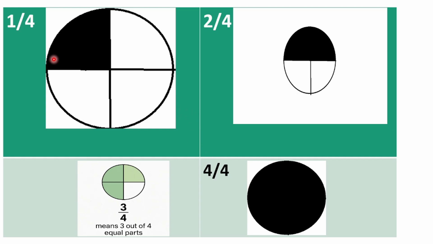Let's take an example. If there is a tank with some water in it, and the tank is 25% filled with water, you can say the tank is 1/4 filled. Similarly, if the tank is 50% filled, you can say it is 2/4 filled. And for a 100% or fully filled tank, you can say it is fully filled or 4 divided by 4.